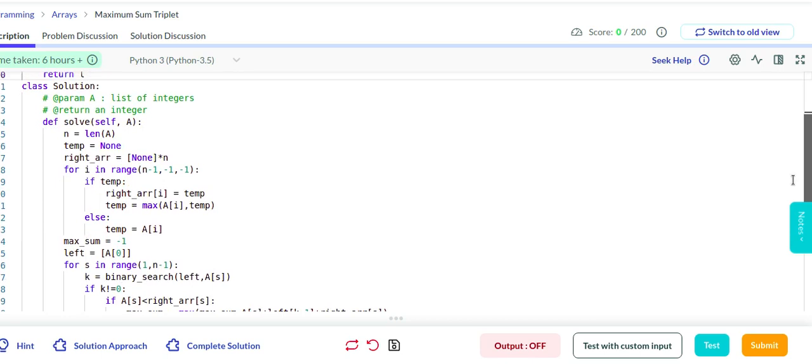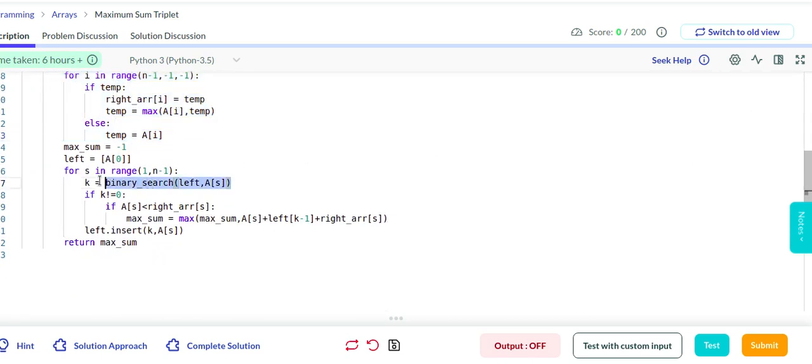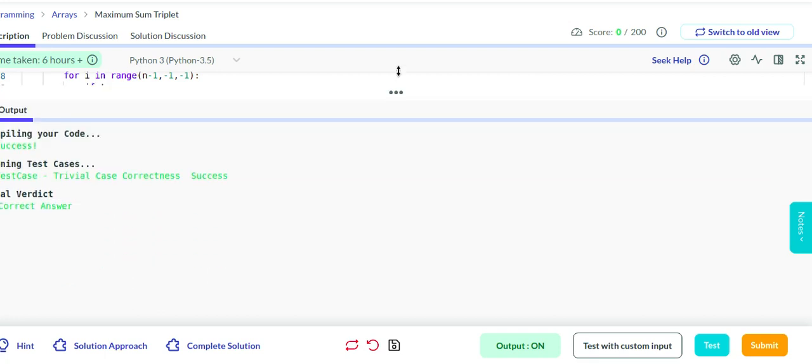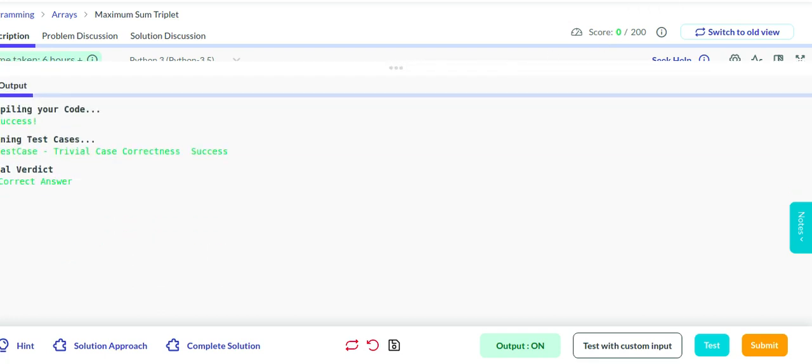I think it's pretty much sorted. We have checked the right thing. We are getting the position where I have to insert the element, and then we are finding the one position prior to it in the left. That is going to be the maximum possible value that I have on the left, and then I'm updating my max sum. Then I'm again inserting the second element in the left subarray so that it remains sorted at the kth position, and then I'm returning the maximum sum. So let's try and test it to see if it works or not. Yeah, so it's correct. Thanks a lot for watching this.